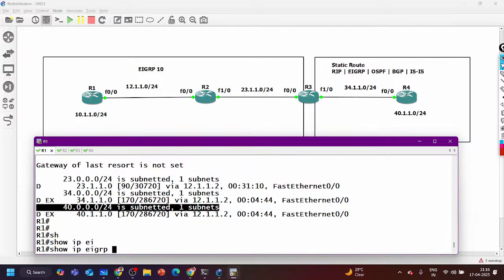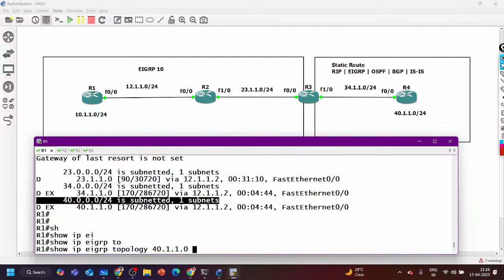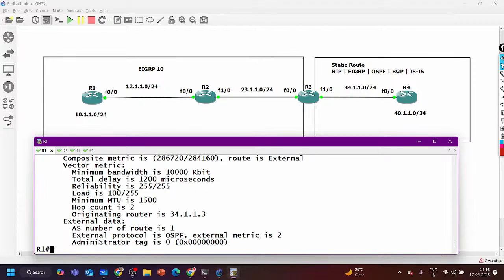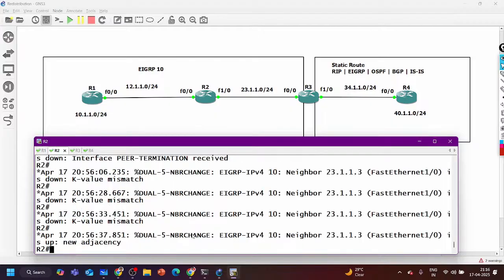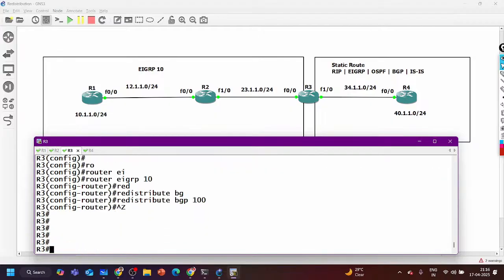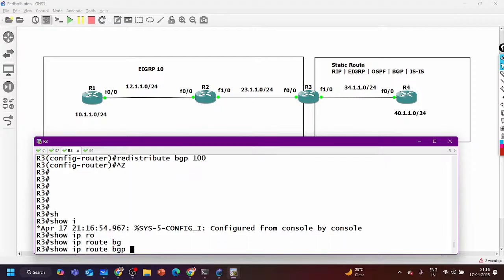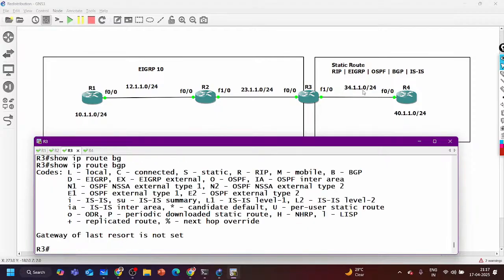Show IP EIGRP topology 40.1.1.0 255.255.255.0. Still it is coming from OSPF. BGP is not redistributing. Why? Because, show IP route BGP 100, in the BGP 100 routing table there is no route. If my OSPF and RIP go down, then BGP will install the BGP prefix.